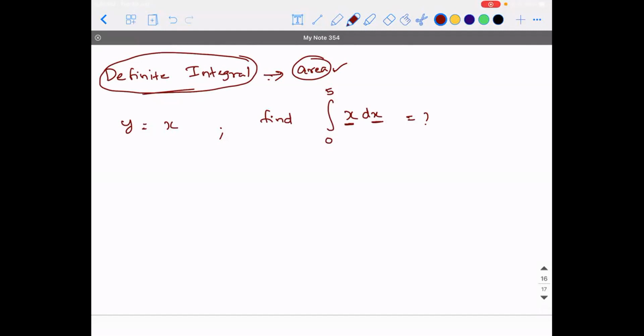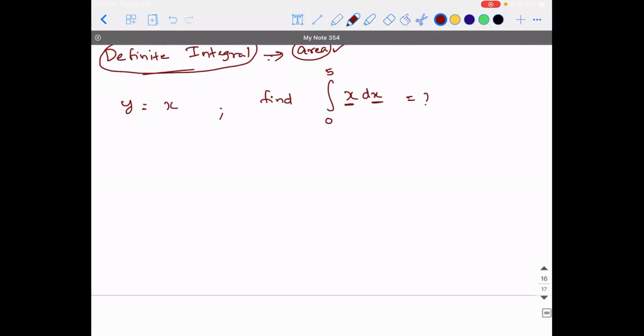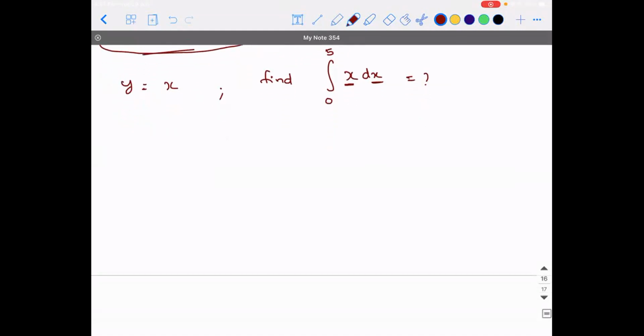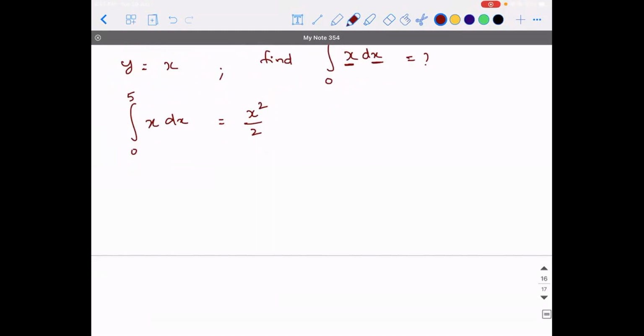Right? So, according to the formula of x power n, what will be the integral of x dx? So, I'm writing an extra step. Divided by 2. So, it should be x squared by 2. Once you do the integral, you should remove the integration symbol. Then, you need to put a square bracket like this. And this is called the lower limit. And this is called the upper limit. Okay. Write the lower limit at the right side, bottom, and the upper limit at the right side, top.